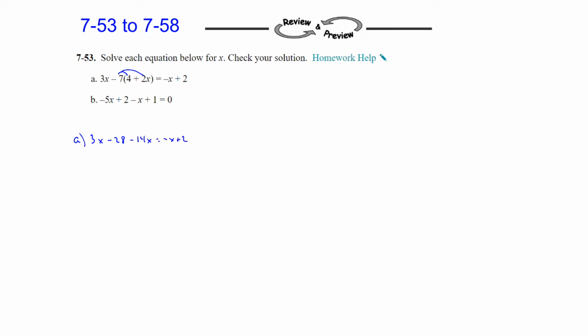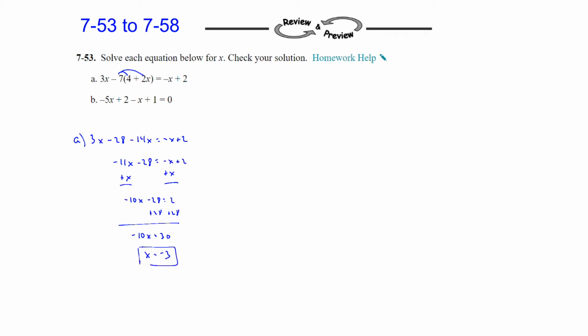Once we use the distributive property, we can combine our like terms on each side: negative 11x minus 28 is equal to negative x plus 2. We now want to get the variable term on one side and the constant term on the other side. So you can see me adding x and adding 28. So that'll leave us with negative 10x is equal to a positive 30, divided by negative 10, and you get